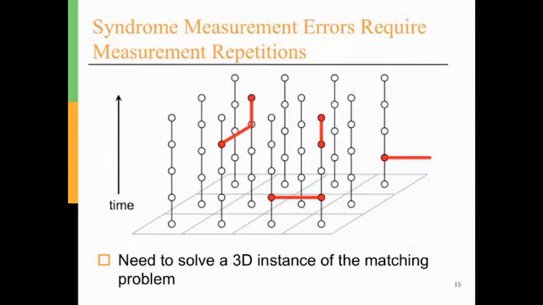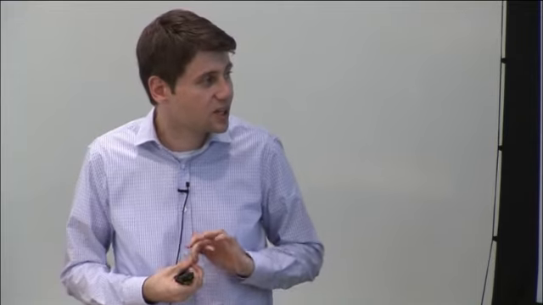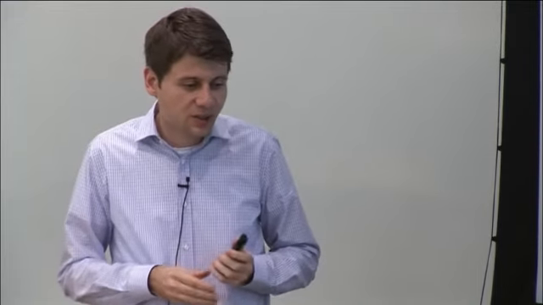Now, in reality, this matching problem is actually a three-dimensional problem because our syndrome measurement itself will be faulty. We need to use a quantum circuit to measure the syndromes, and that's going to be prone to errors. So some of the syndromes are going to show as faults even though there was no error that occurred, and vice versa. So to address this, we can use basically an analog of the 2D problem by introducing the third